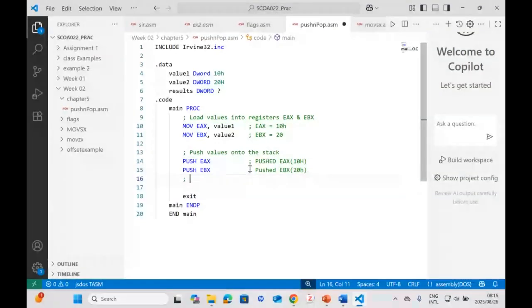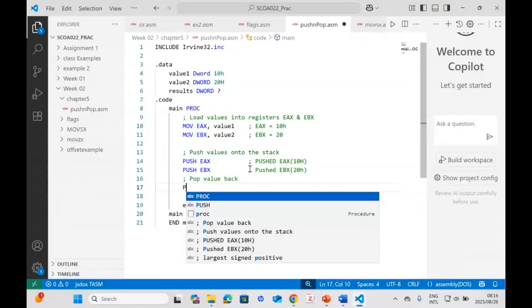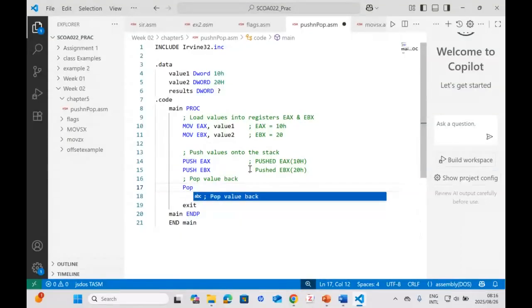So let's just say, now let's apply pop values back, right? So you can just say pop